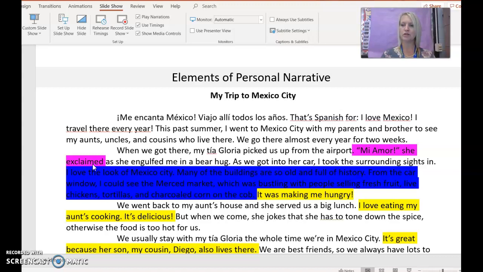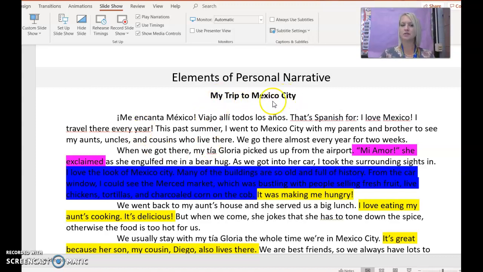We want your reader to be able to see what you saw, feel what you felt, and hear what you heard. So the setting we highlighted in blue. There was lots of descriptions. I'm going to go ahead and reread this text, and we're going to discuss a little bit of how the author included all of those things in the story.